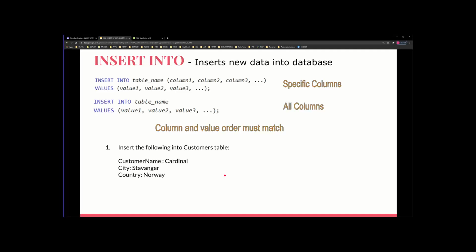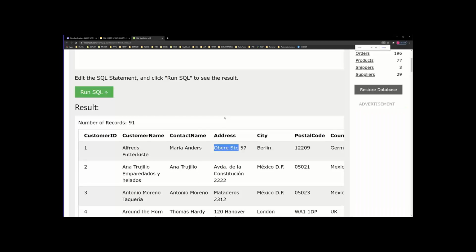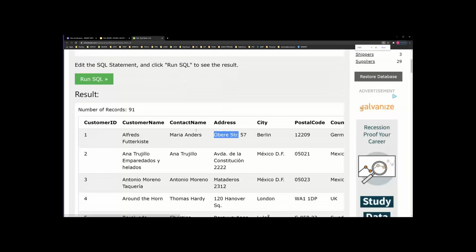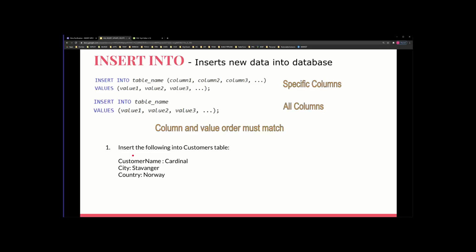Here's a question we're gonna do. Insert the following into customers table. So we got this customers table here. All right, and we have this bunch of columns. The question is asking, insert only these 3: customer name, Cardinal, city, Stavanger, and country, Norway. So